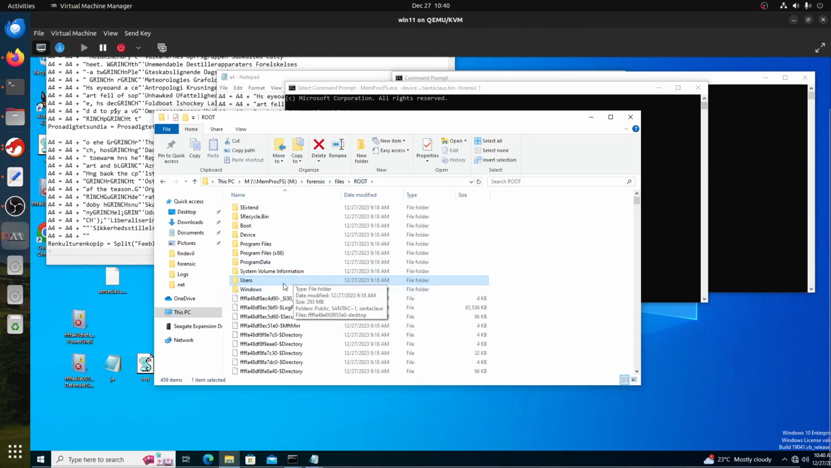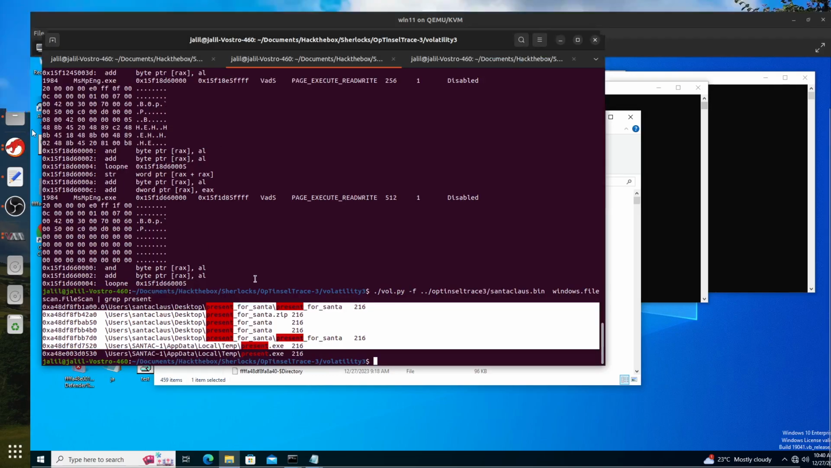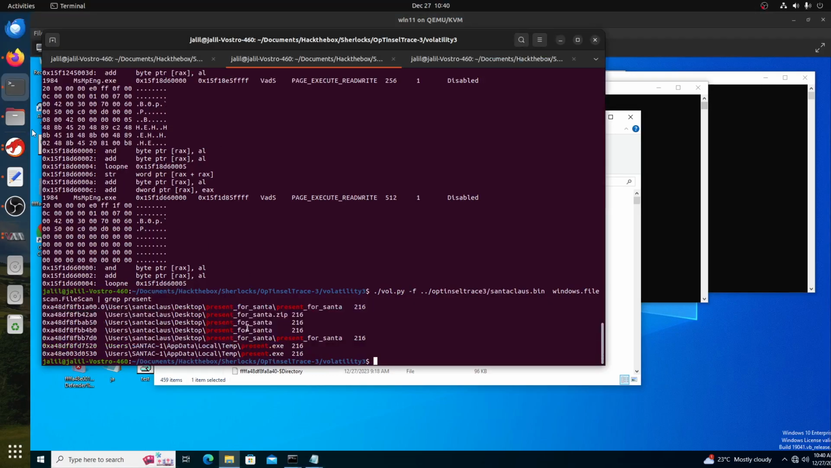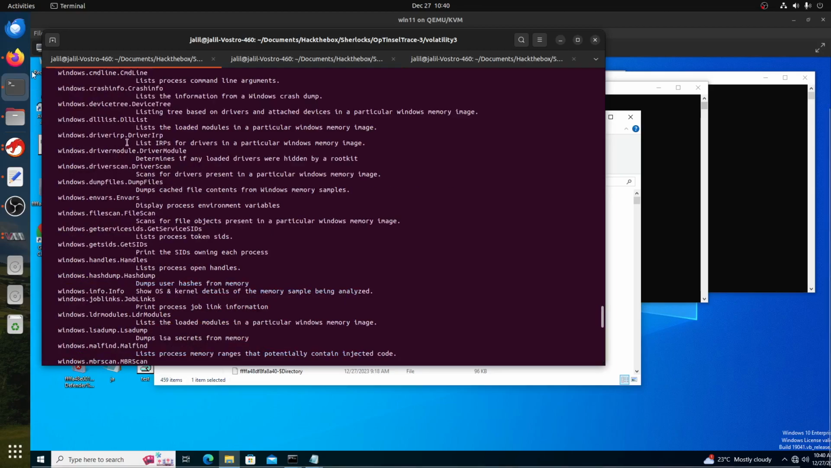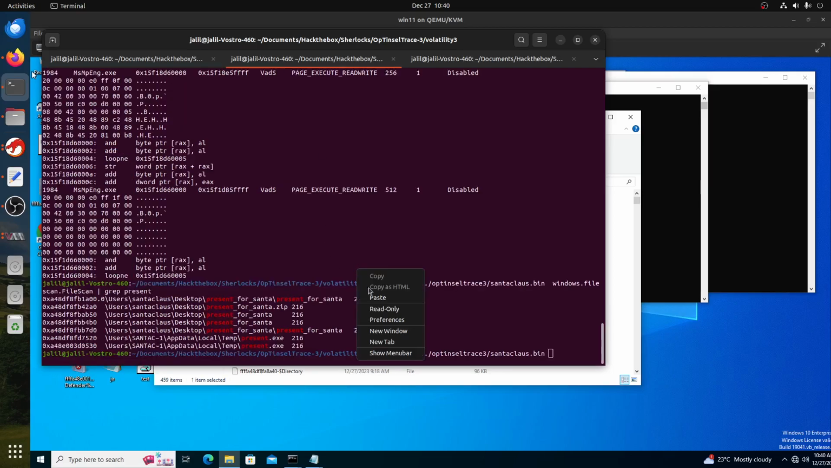So basically that's what we have. So we know there is something on the desktop. One way to do this is, now we know there is a file called present for Santa. So we can get this zip folder by doing the next one, the dump file command. If we want to get the file, I can just call it dump the file and say